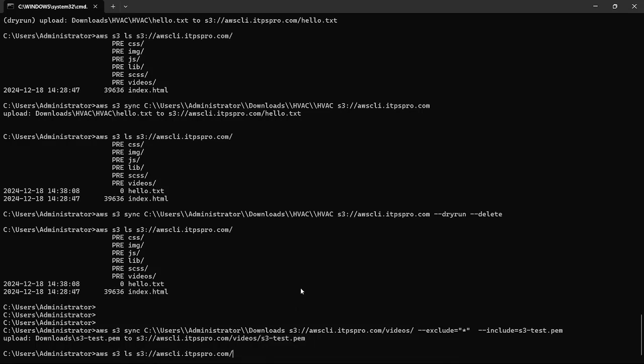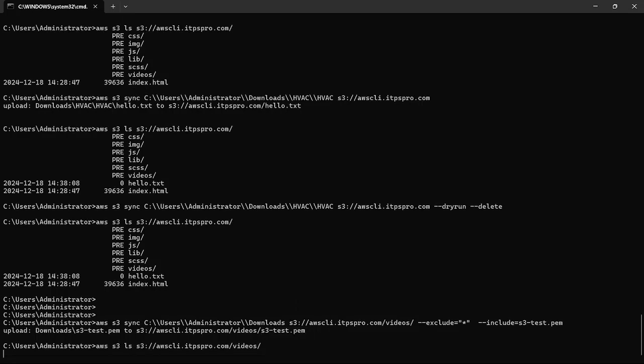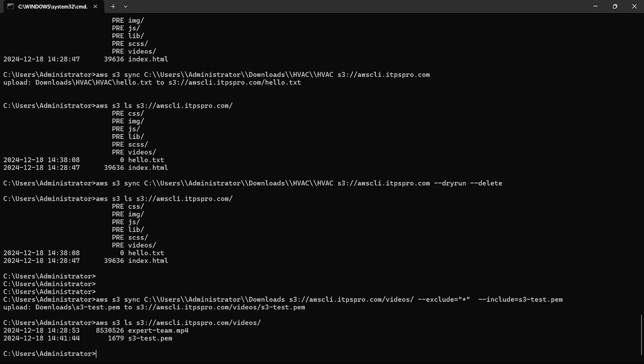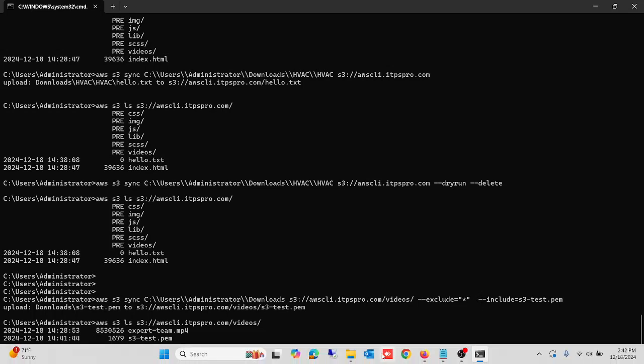Let me list down. So you can see only this file is uploaded. So you can make different combinations of exclude or include. You want to exclude what specific files, you want to include what specific files. So in this way you can make a selection of